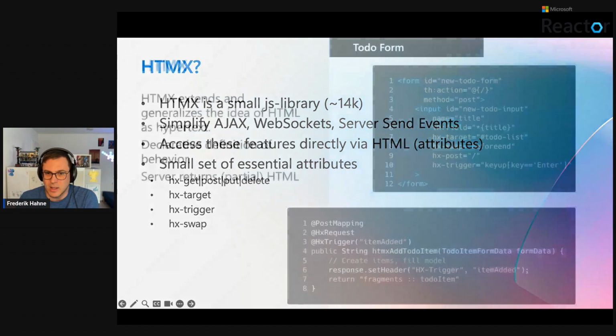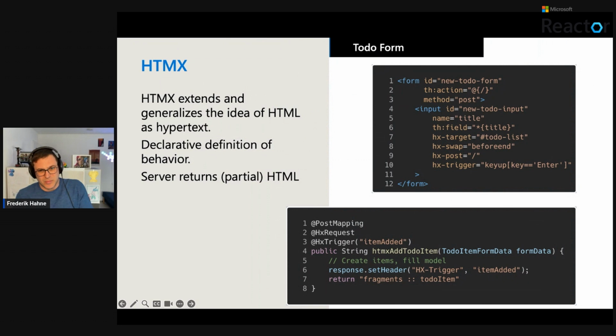Let's have a look at how this looks. So we have here a simple form element, which is triggering a post request on the key up event. I don't know if I can show it with the pointer here. Do you see my mouse? I think so. So you can just trigger it with a key event. So in this case, you press the enter key. It will trigger a post request to the server, and it will target this element here.